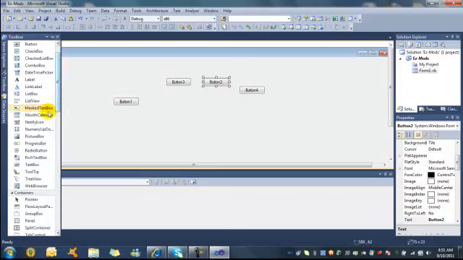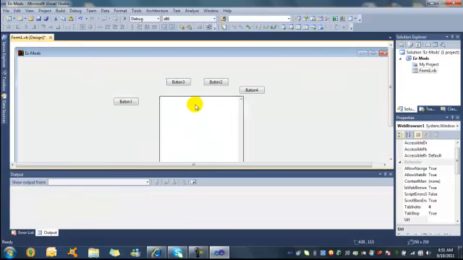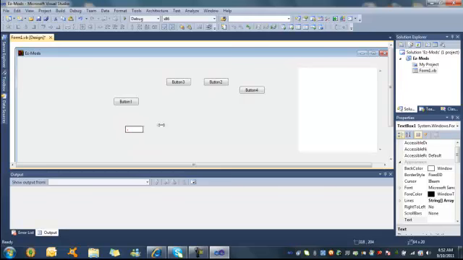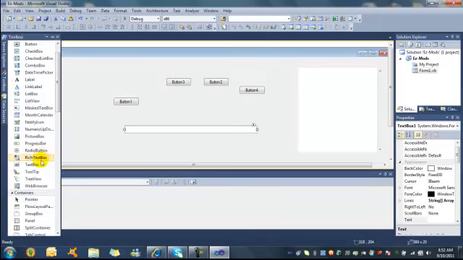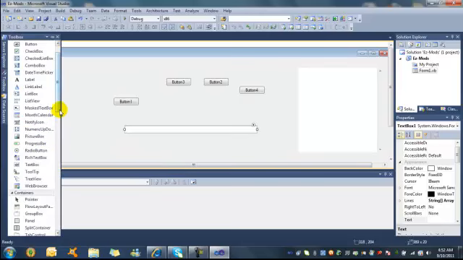Also from your toolbox, you need to get a web browser. Just bring that out, we'll resize it in a minute. We're going to need a text box. And I think that's it for now. Actually, no. You're going to want to get